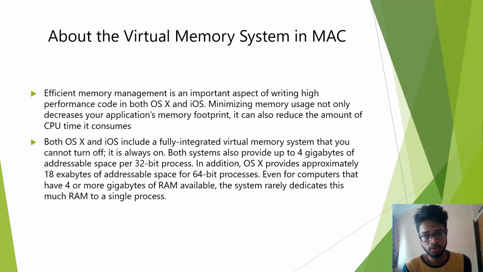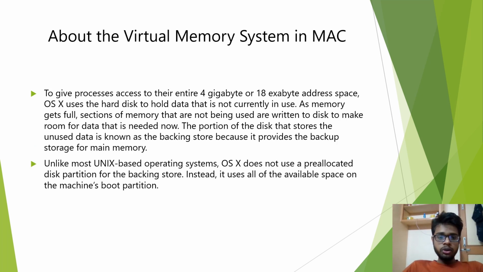It is already on. Both systems also provide up to 4 gigabytes of addressable space per 32-bit process. In addition, OS X provides approximately 18 exabytes of addressable space for 64-bit processes. Even for computers that have 4 or more gigabytes of RAM available, the system rarely dedicates this much RAM to a single process. So to give processes access to their entire 4 gigabytes or 18 exabytes address space,